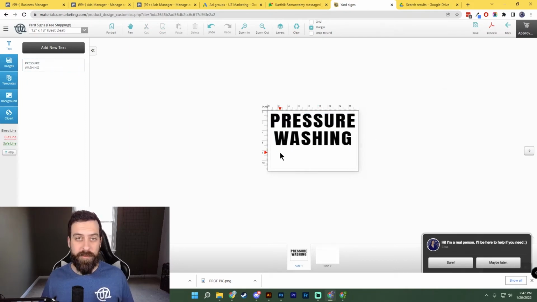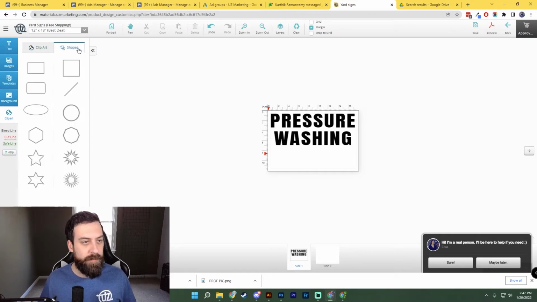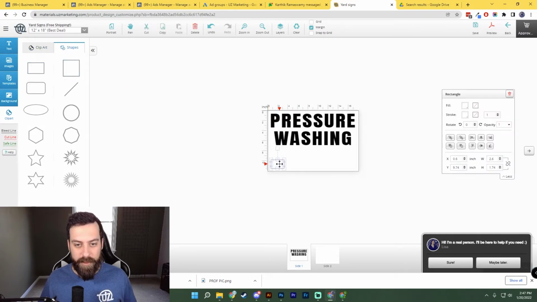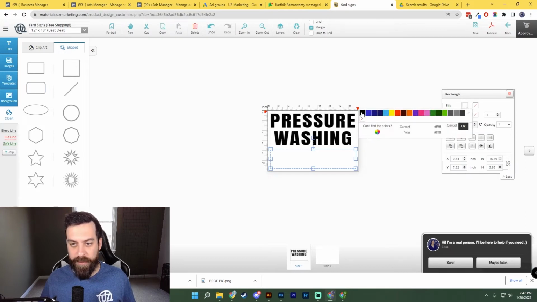Another common thing to do is add a rectangle behind the phone number. So I'll come over here to clip art, click shapes, click this rectangle, and then bring it down to the bottom corner, stretch it up with these boxes once more, click this one to stretch it horizontally, and now I want to get rid of the stroke by clicking this no stroke. The fill, I want to click black,